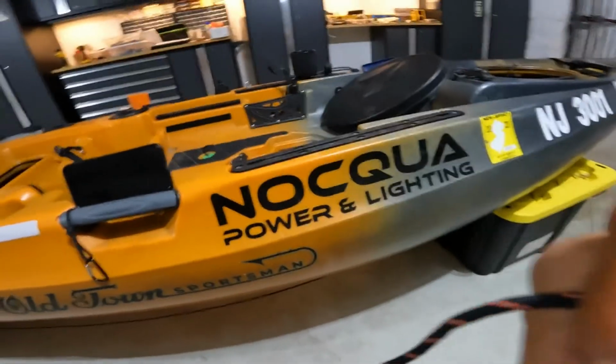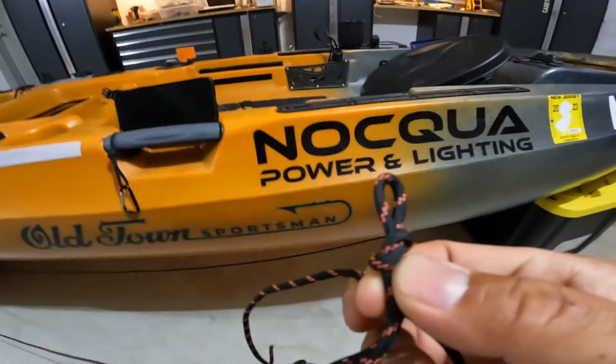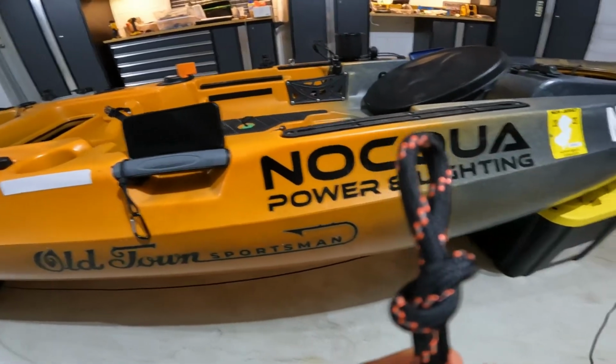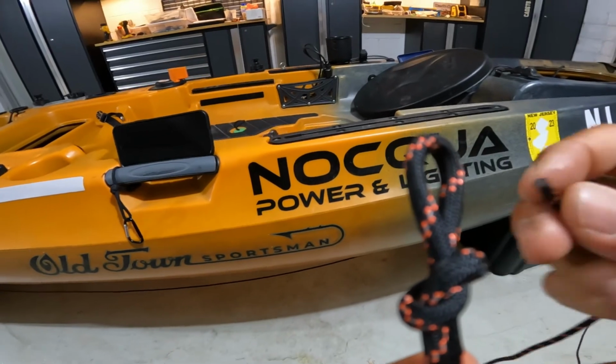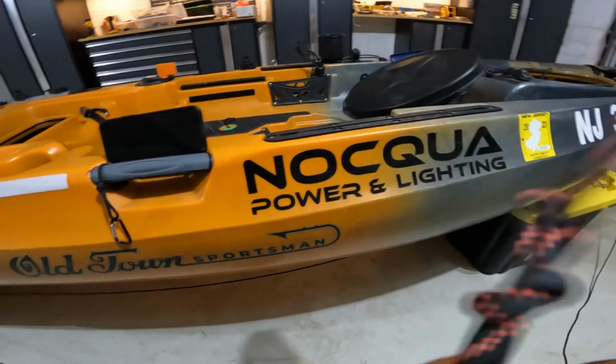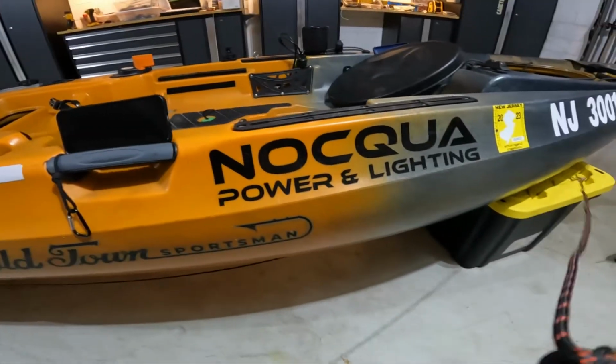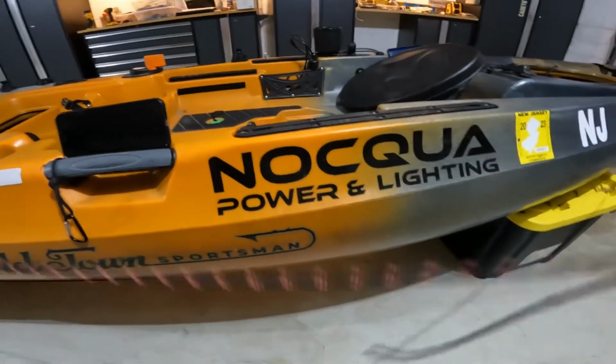Okay, here. And again, this is not final. Okay, just made a little loop here. And we'll run the other end of the line through that loop. And we're not gonna go super tight here, but we are just gonna get it somewhat snug just to see where this line